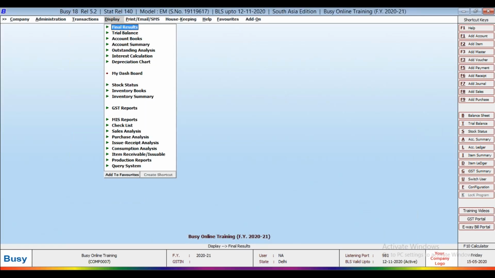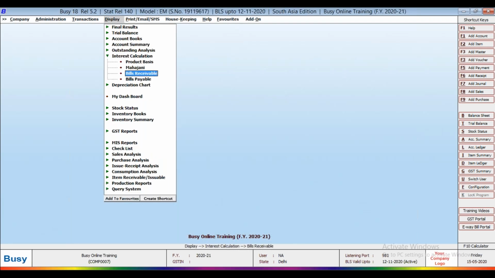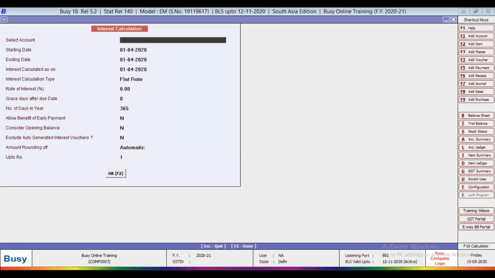Now, how can we see the report of interest calculation account wise? Go to display menu, interest calculation, bill receivable, one account, select the account, flat rate.